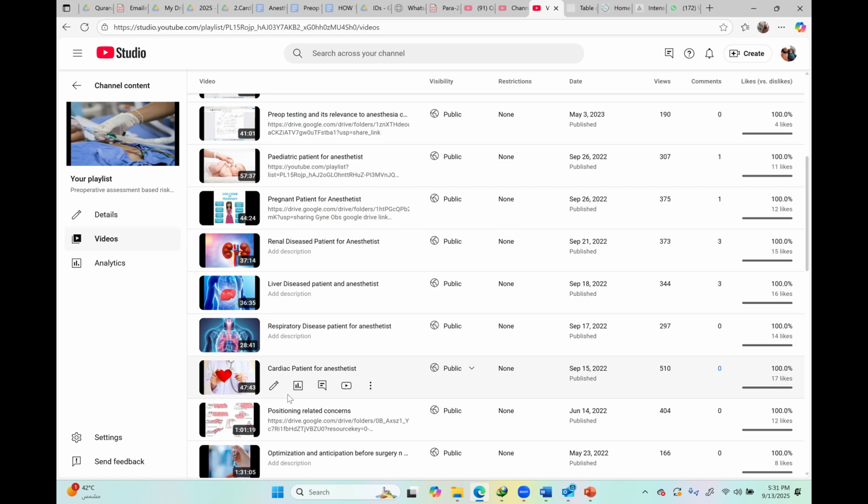Surgery, surgery concerns. What is the urgency of surgery, what is the position required in the surgery, any critical step, any bleeding, any critical thing, like tourniquet is a critical thing, lithotomy position is a critical thing, any surgery being done in prone position is a critical thing. Any laparoscopic surgery, there is hemodynamic instability because the cardiac output will be decreased because of aortocaval compression. So these are the steps of surgery with reference to